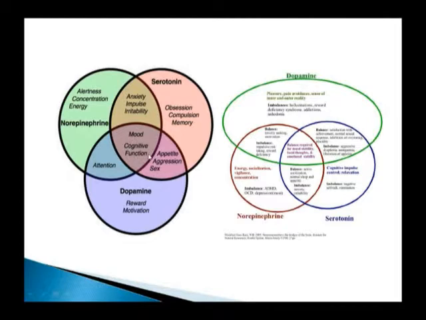It also is involved in mood and overall cognitive function. It's involved in alertness and concentration. But if you start to create problems in norepinephrine, it can lead to anxiety, impulse issues, and irritability. And then, of course, serotonin has a crossover aspect with all of this as well. So it's the interrelationship of these neurochemicals that keeps a balanced brain neurochemically. And if we start to create an imbalance in either one of these systems, we're going to have a problem overall.